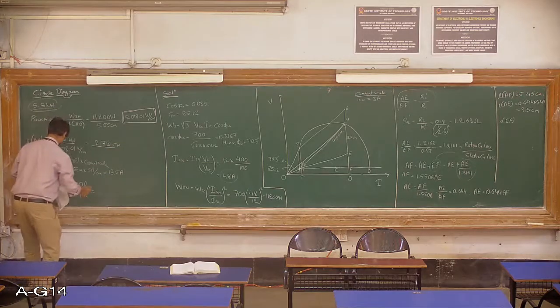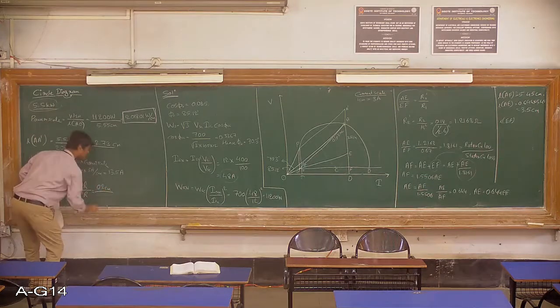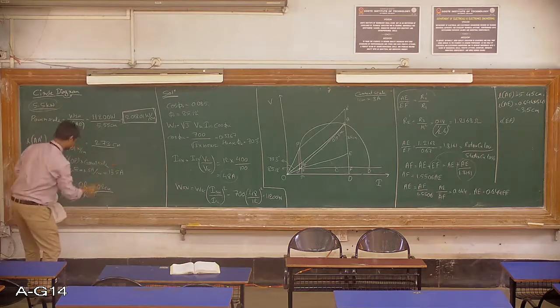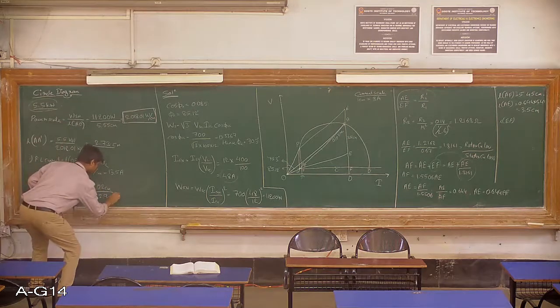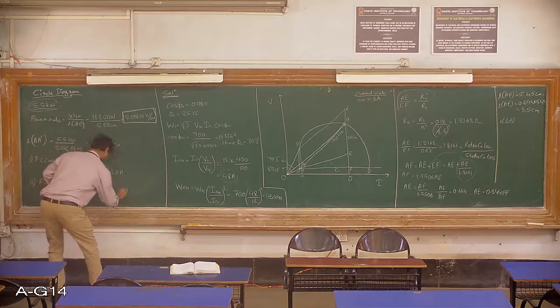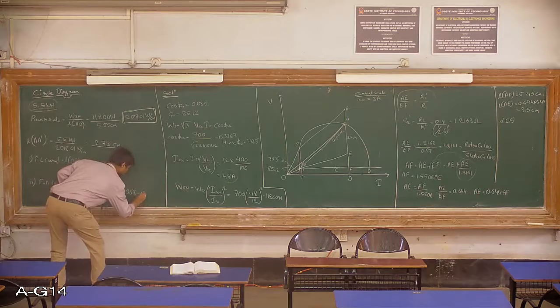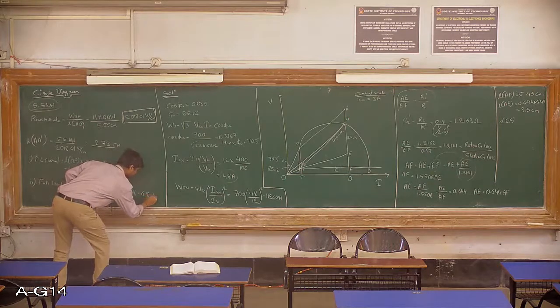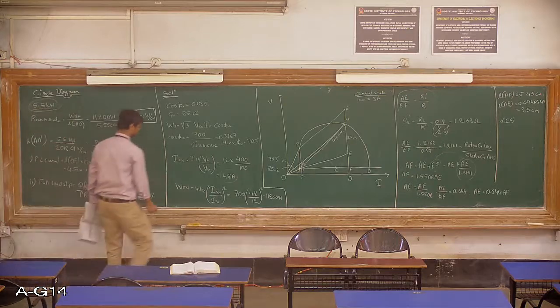Now QR is 0.2 centimeter divided by the length of PR, which is 2.9 centimeters. This results in 0.068, or else 6.8%. That is full load slip. Now the next point,